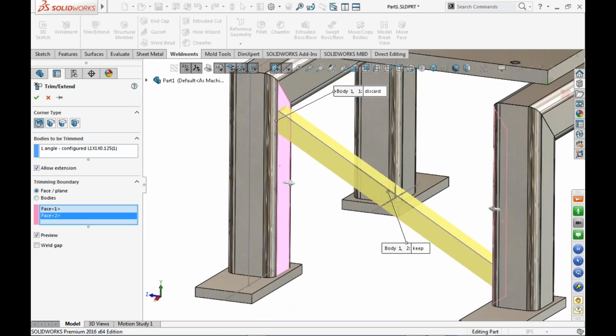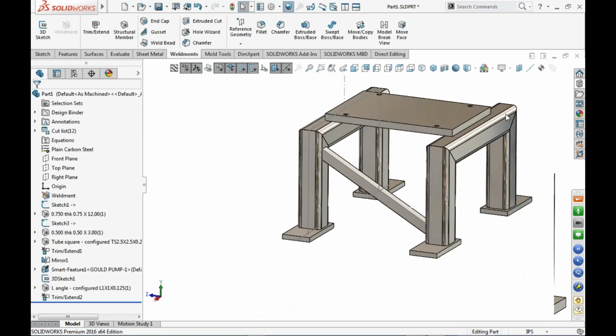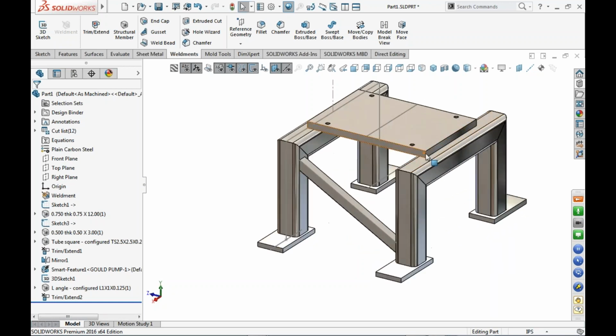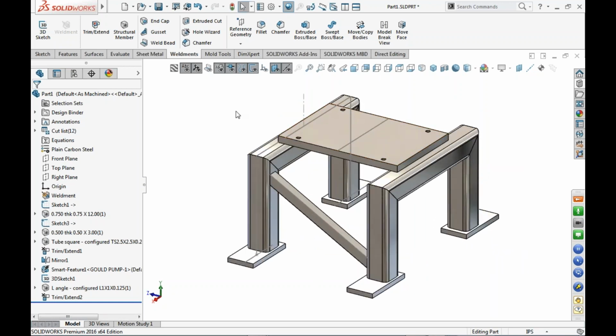And we're just going to do that. And again, very easily that's been trimmed up and extended. Great job on that. Now, I want to be able to copy this and mirror it to the other side,